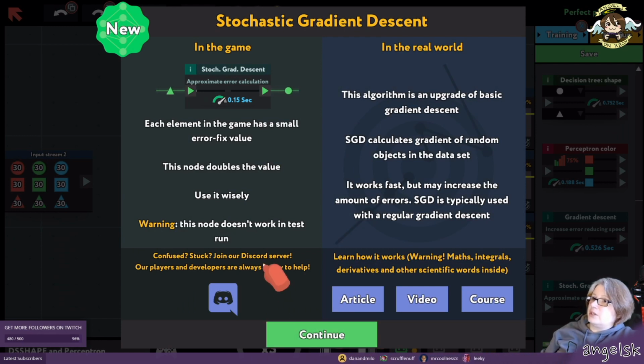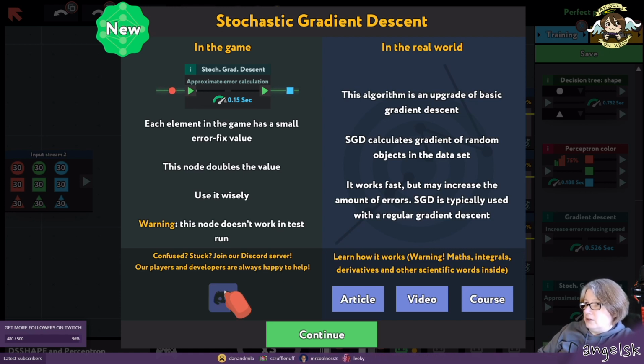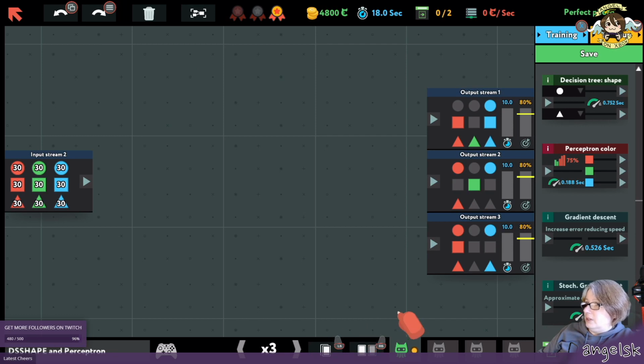Oh no, this is the stochastic grad descent. This is the one we bought. Each element is small error fixed value. This node doubles the value. Use it wisely. Why would we double the fix? I don't know. It's an algorithm upgrade of basic gradient descent. Calculates gradient and it works fast, but it may increase the amount of errors. Used with a regular one. Okay, so